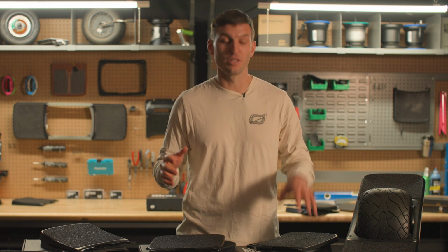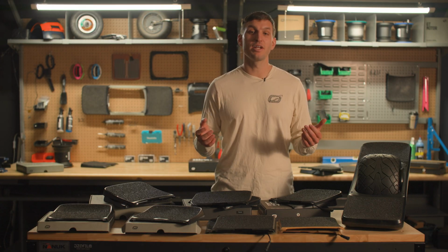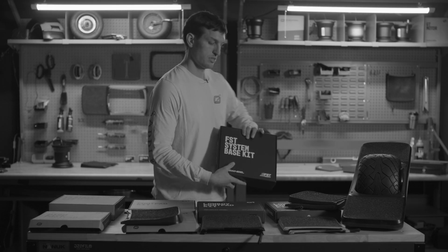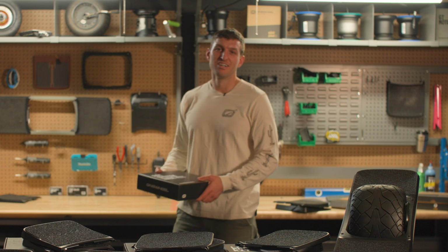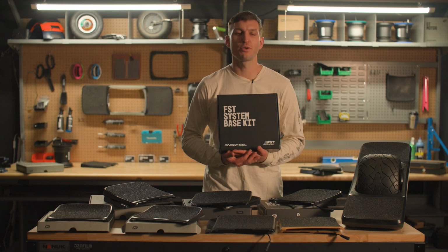Folks, if you're looking for the spark notes from this whole section, the best foot pads are the Lowboy, Lowboy Flared, and the SureStance. I hope that was a helpful run through. Hopefully you have a little bit of a better idea of which pad you might be interested in getting. You don't want to do it all and then be like, oh, we left one out. Oh! Everything I just said